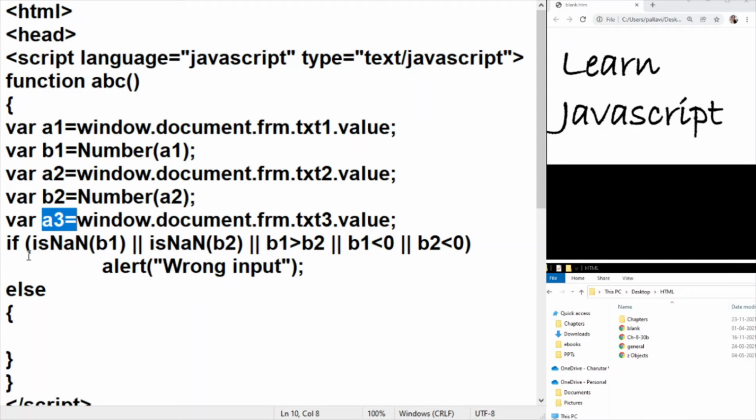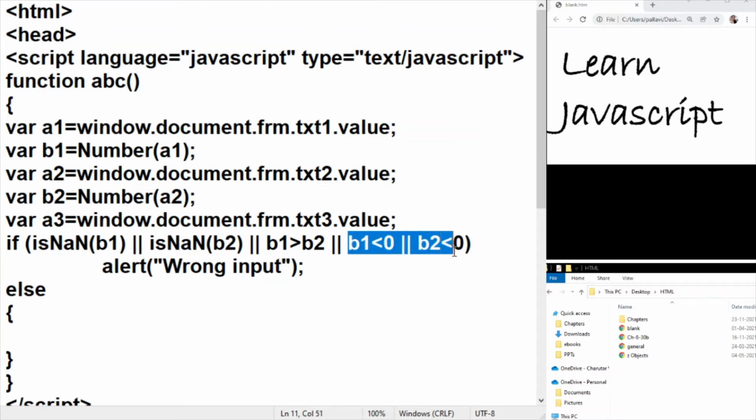So the first thing we are doing here is checking. If after the conversion, B1 is converted into NaN or B2 is converted into NaN, that means the conversion has failed. That means the inputs in text box 1 or 2 are not correct. Also, if B1 is greater than B2, that is the lower limit is greater than the upper limit, then also we are going to throw an error.